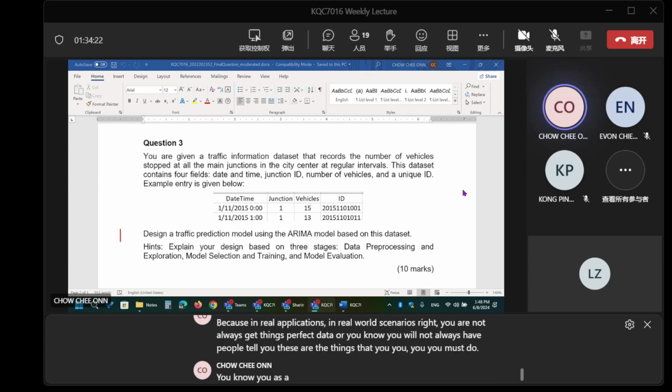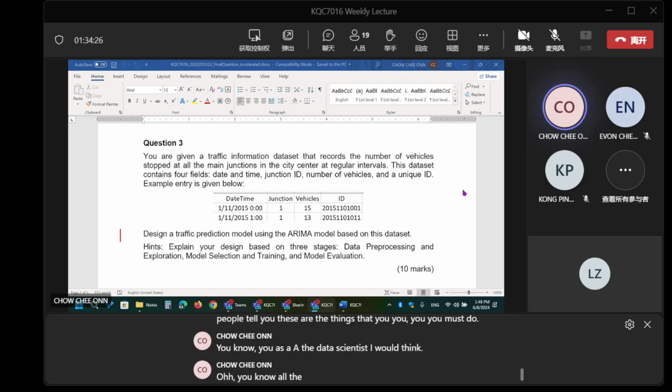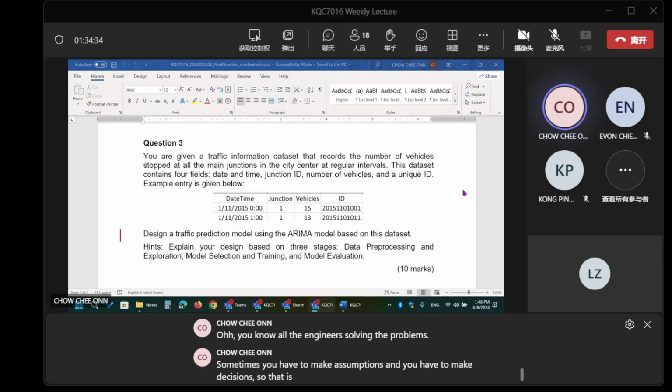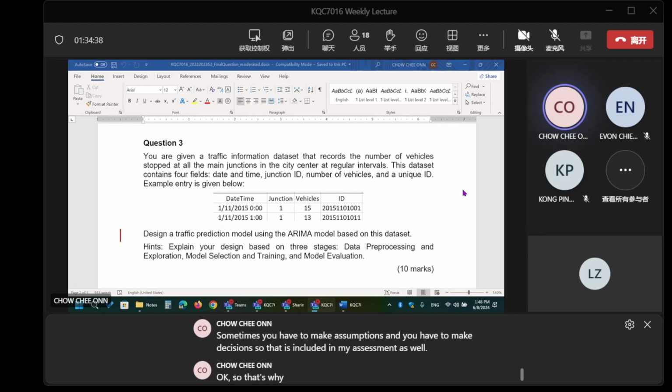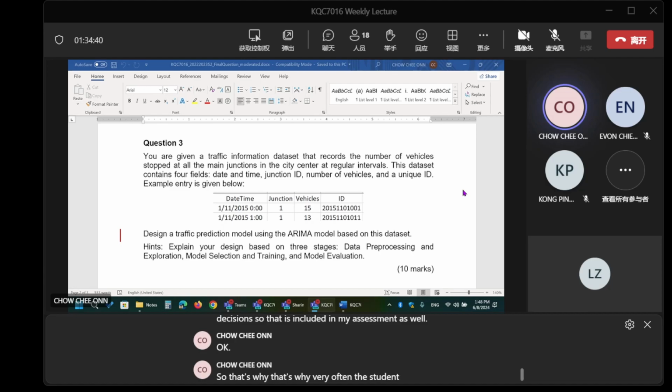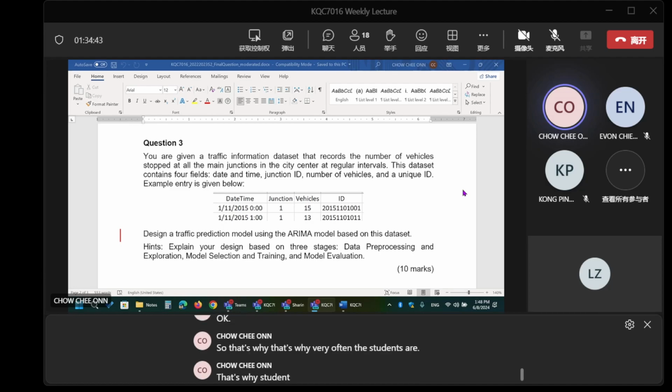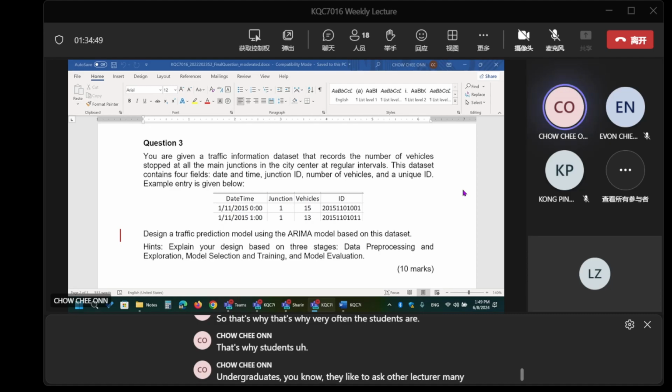You as the data scientist or engineer solving the problems, sometimes you have to make assumptions and make decisions. So that is included in my assessment as well. That's why undergraduates like to ask other lecturers many questions during the exam.